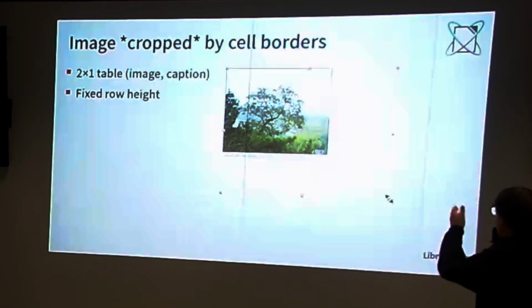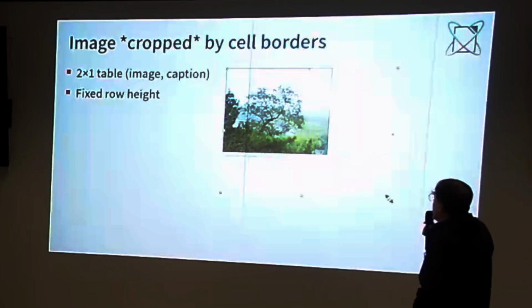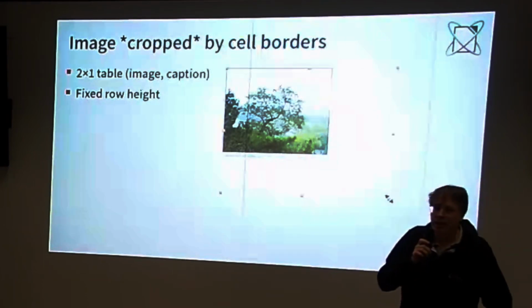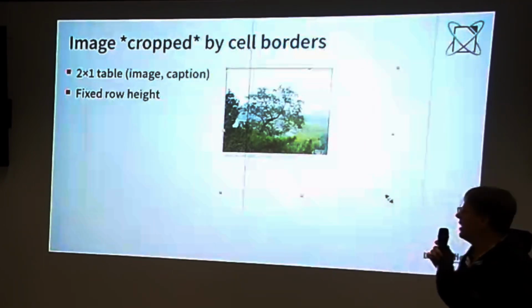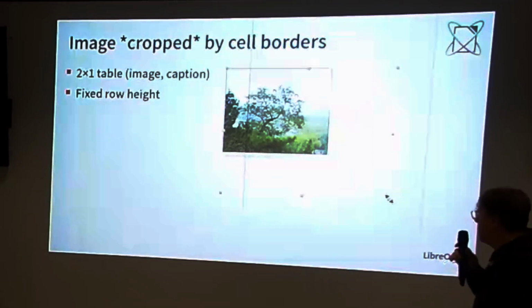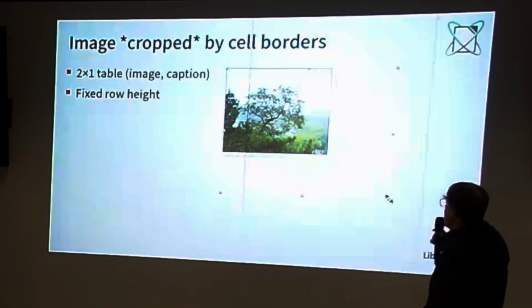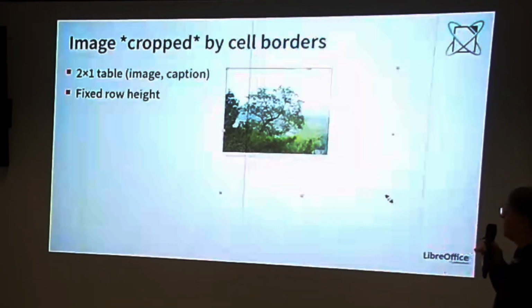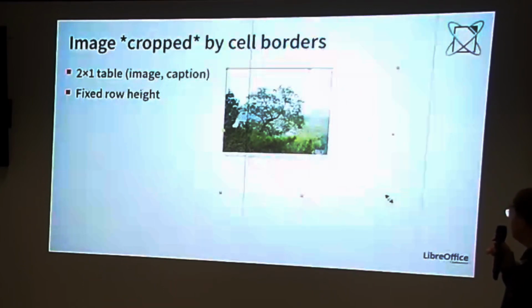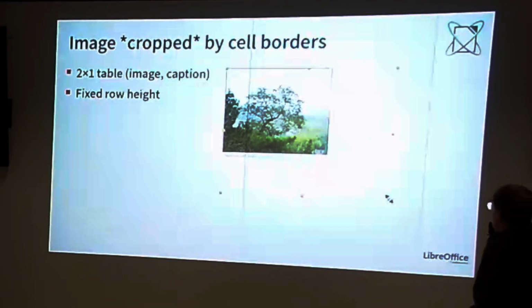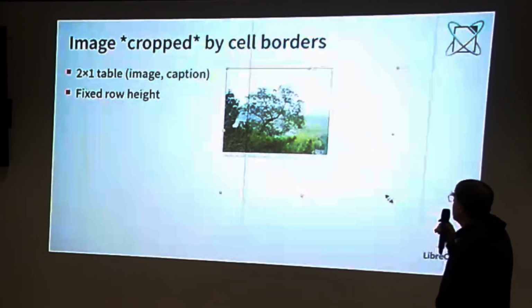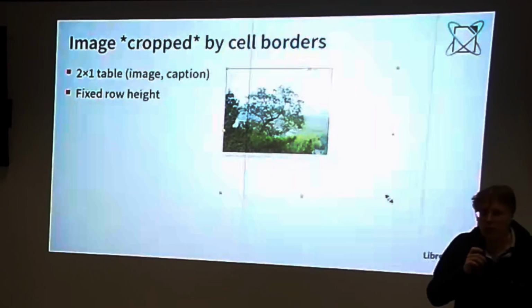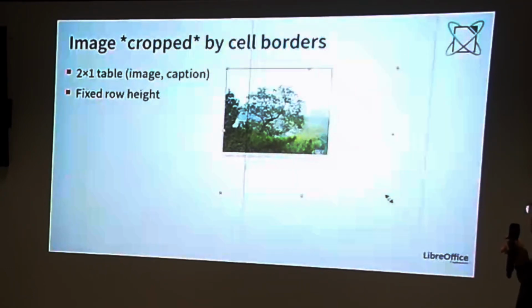So in this document you can see a two-cell table. The first cell contains an image encoded inside the first table cell, and the other table cell, at the bottom of the picture, contains the caption, the label of the picture. The interesting thing is that if you click on the picture in Microsoft Office, not only the old version but the new version too, you can see the